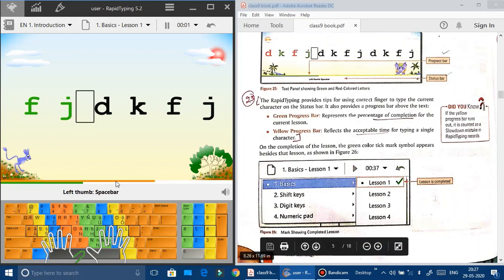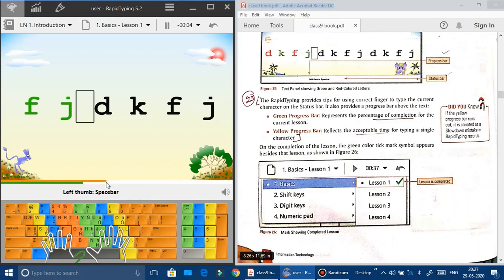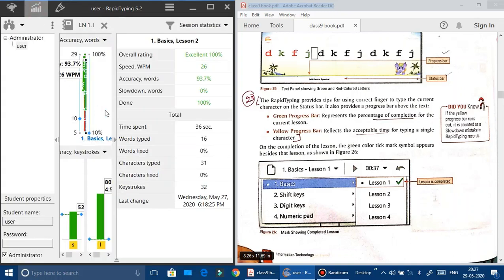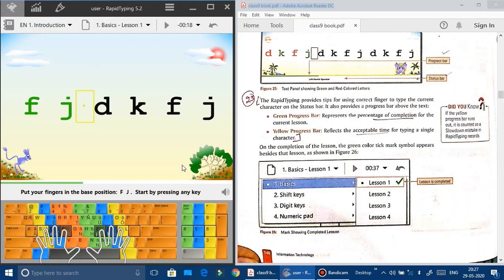Now you can see these two, the green and the yellow. Now they have changed their colors because I am lagging, I am running behind the time. Red shows that I am in danger, meaning my typing speed is very poor. So in this way you can notice. If you want to see your statistics, you can see the performance here, and these are the previous results. Right now you cannot judge it accordingly. When you complete this test, you will definitely get the statistics also. So for that I need to complete it.